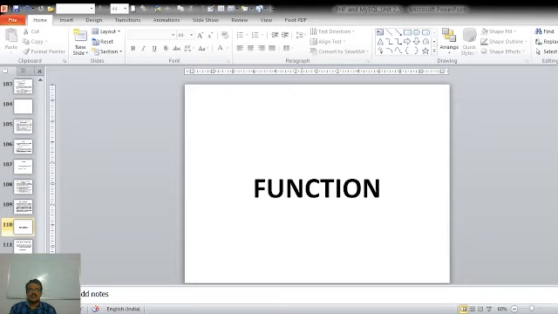Now another thing about functions is that we can check whether a function really exists or not by using the function function_exists. This function_exists returns true or false based on whether the function exists in PHP or not.